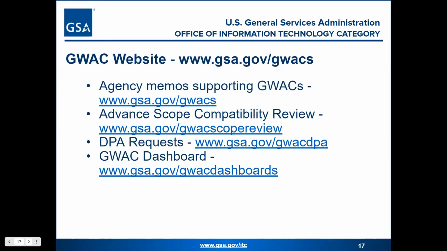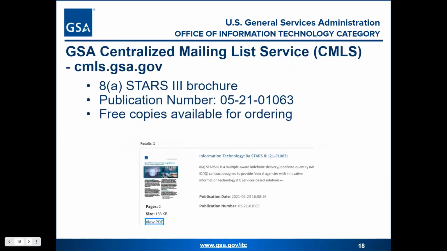I've already talked about DPA requests a couple times, so I won't go there. But one of the resources that we have is our GWAC dashboards. Our GWAC dashboards, I'll have some images for you a little later on, but again, these can be accessed from our GWAC website. So with that being said, let's take a look at a couple different resources that we have online. The first resource that we'll talk about, not necessarily number one, is what we call our centralized mailing list service. And that website at the top, I'd go ahead and encourage you to jot that one down,